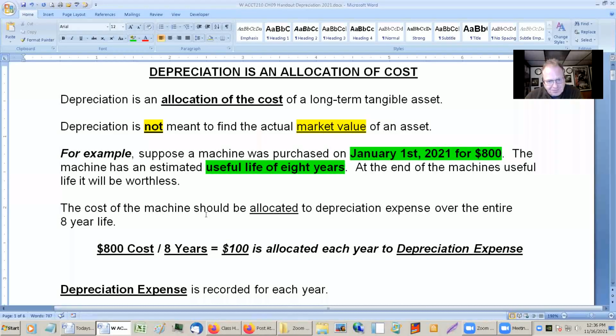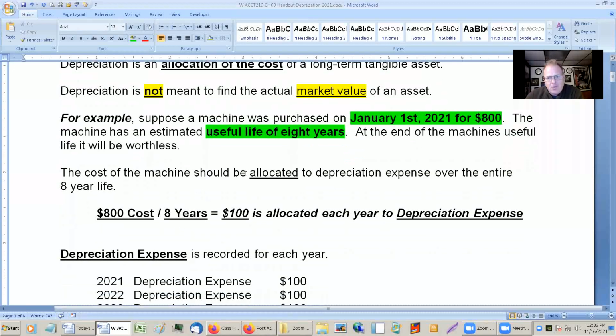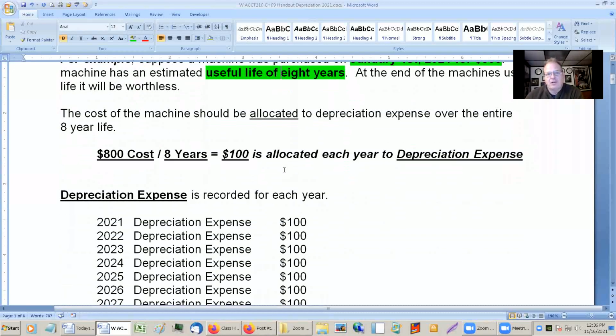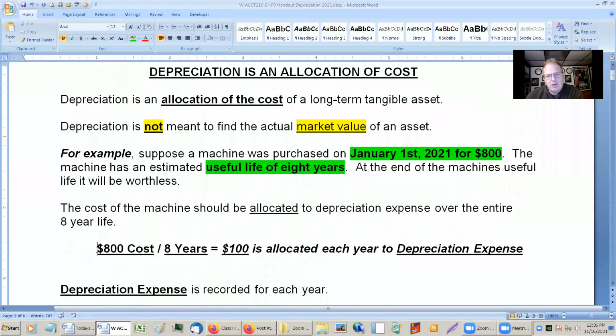So in other words, if it's going to last for 8 years, we're going to expense it over 8 years. We're not just going to expense it all in the current year, all $800, because it's going to last for a number of years. So we're going to expense it over however many years it lasts for. Okay. So it has an 8-year life. So here's how we would do this. So the cost would be